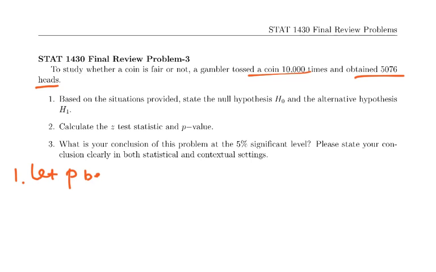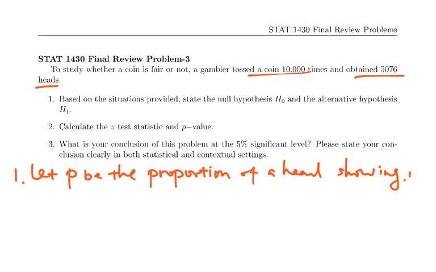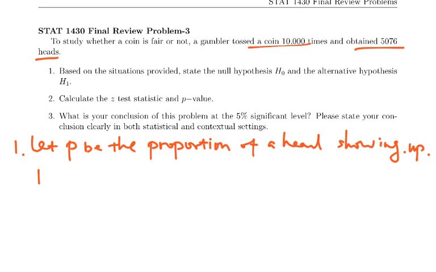let p be the proportion of a head showing up. If this coin is fair, then that means the proportion of a head showing up is equal to the proportion of a tail showing up. That means our null hypothesis H0 will be p equal to 1/2 versus the alternative hypothesis,